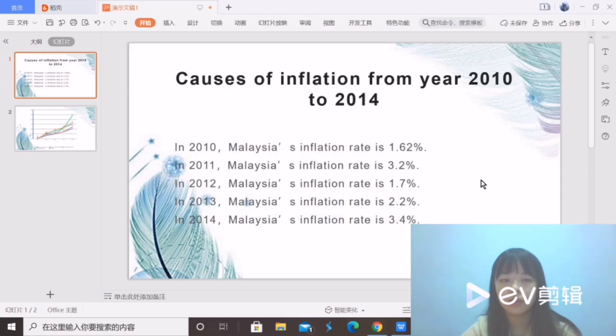Today I will introduce the causes of inflation from year 2010 to 2014 in Malaysia. Malaysia is one of the countries with a low inflation rate. The inflation rate has averaged